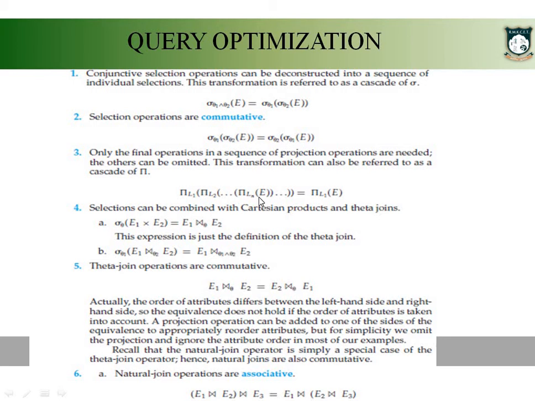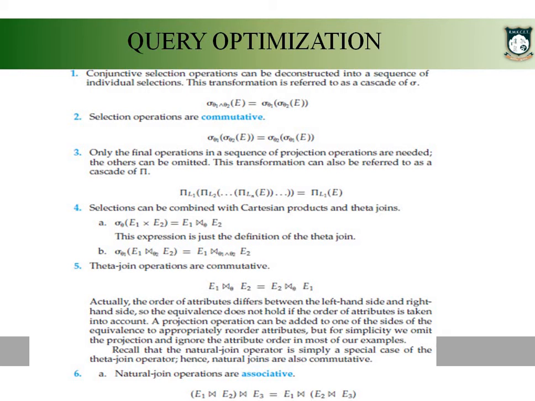Then you have one rule like: instead of performing the projection separately, say for example, first you are selecting 4 attributes, then 3 attributes, then 2 attributes, then 1 attribute. Instead of that, you can select the 1 attribute at the initial stage itself. So this is one rule. Then you have a rule like: instead of performing Cartesian product and selection, you can go with theta join. Theta join means performing a join operation with conditions.